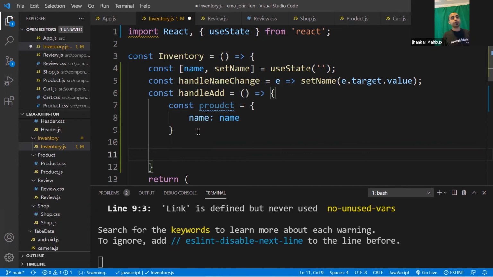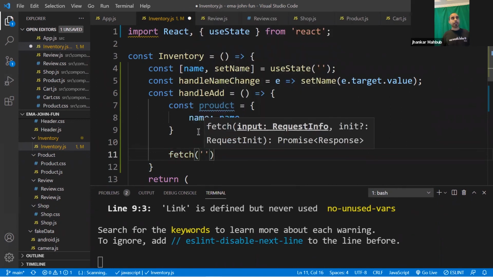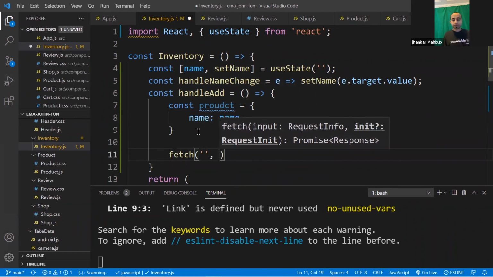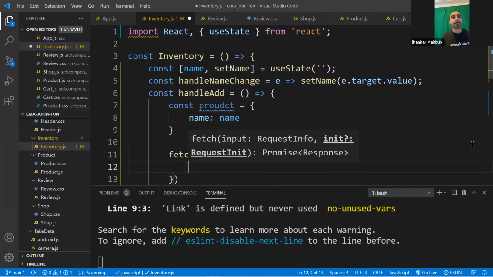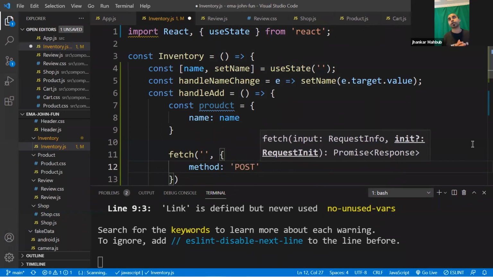And you can send it in multiple different ways. One simple way is to use fetch. It will need some URL, and you will pass some kind of data here. The first thing you need to pass is that this is a POST method. The POST is a different thing. If it is a GET, you don't need to mention the method, because GET means you are loading data from the backend. If you're sending something, that means you are posting it, as if you are going to the post office and sending some data.